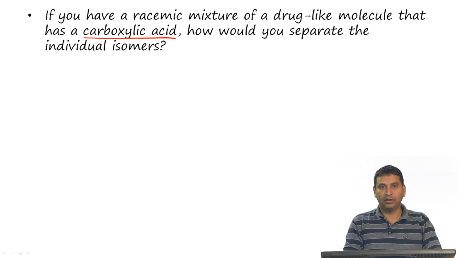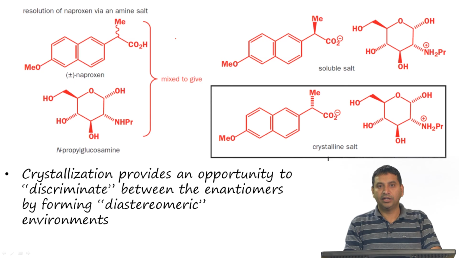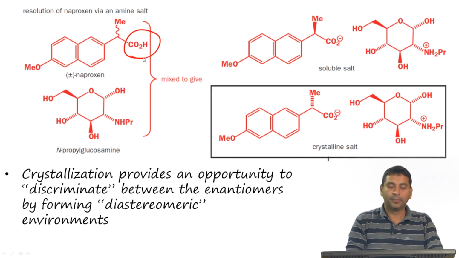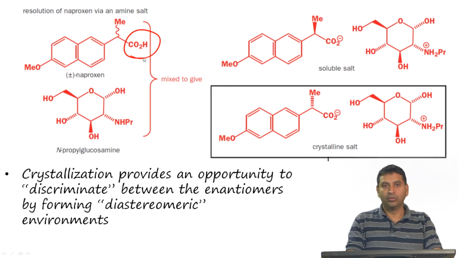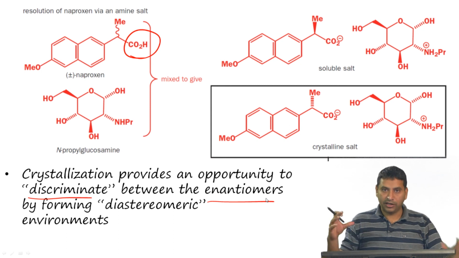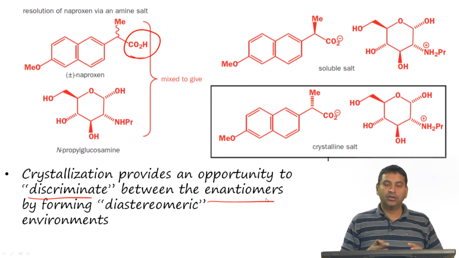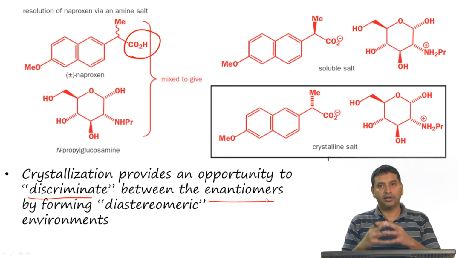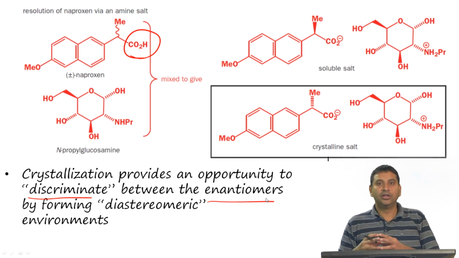We have looked at an example in class, which is basically naproxen. Naproxen has a carboxylic acid, and since it is isolated as a racemic mixture, what we can do is crystallization. Crystallization provides an opportunity to discriminate between these two enantiomers by forming a diastereomeric environment crystal. Since diastereomers are going to be different chemically and physically, there is a possibility of this diastereomeric environment inducing different crystallization. Since it is possible, a small fraction of such carboxylic acids can be recrystallized as